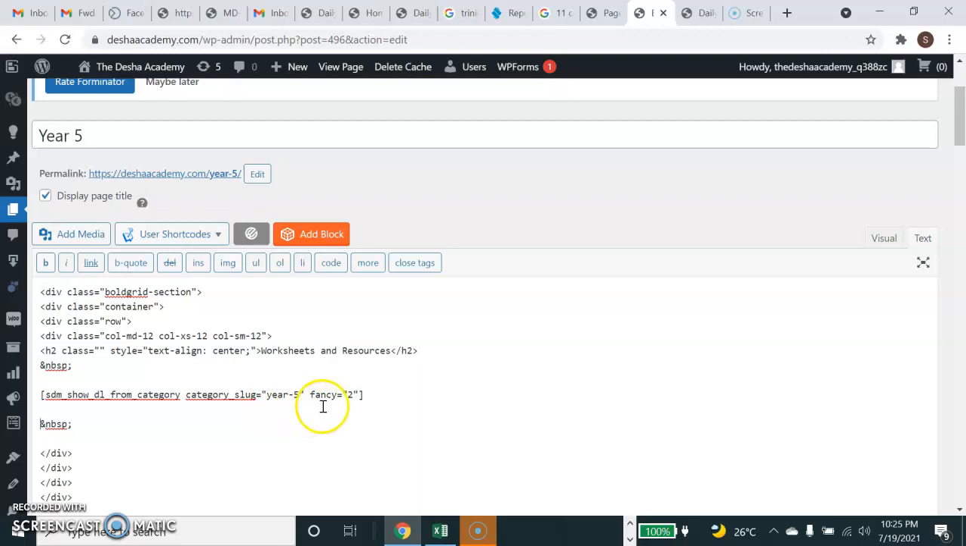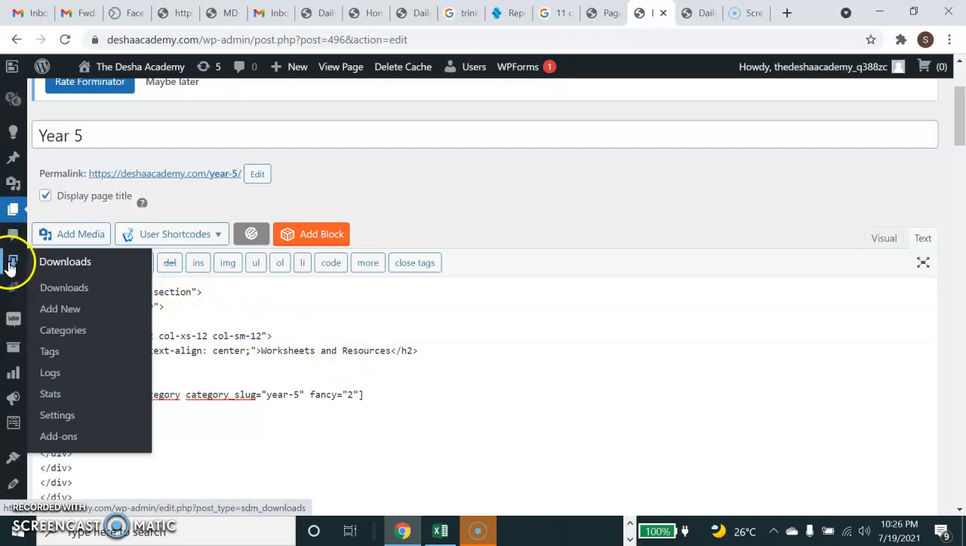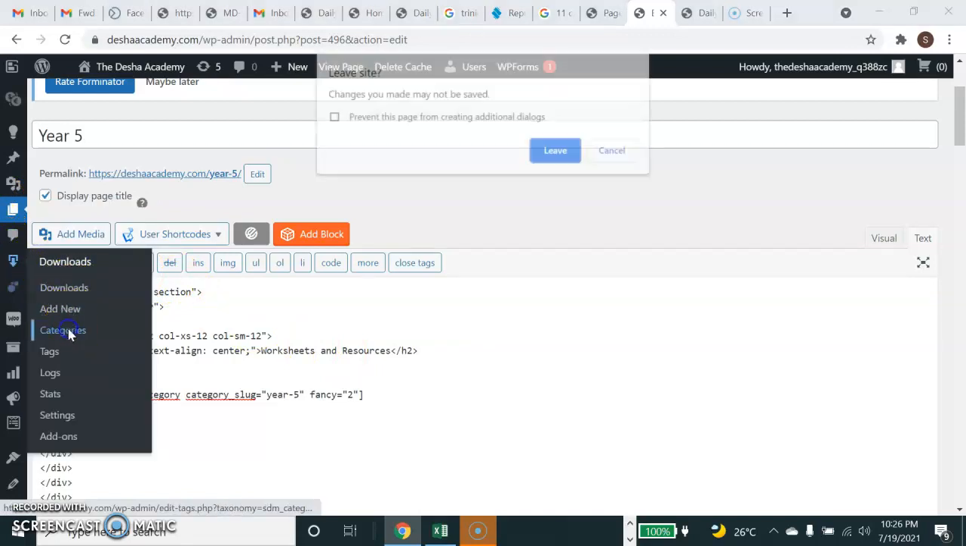So this is how you do it. What you do, you copy this into every page. And you change the year 5 to year 4, year 3, year 2, year 1, that sort of thing. This year 5, this slug is this here. You see this? That little part there. Is also, if you look at the downloads and you go to categories,